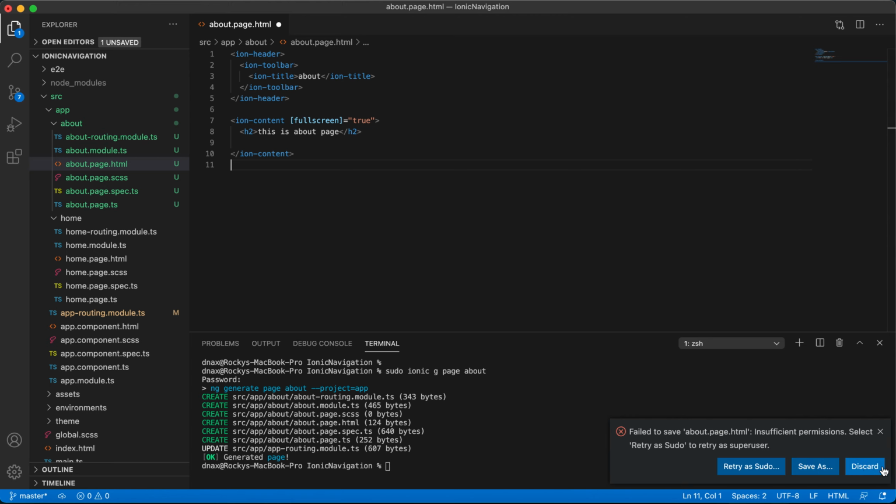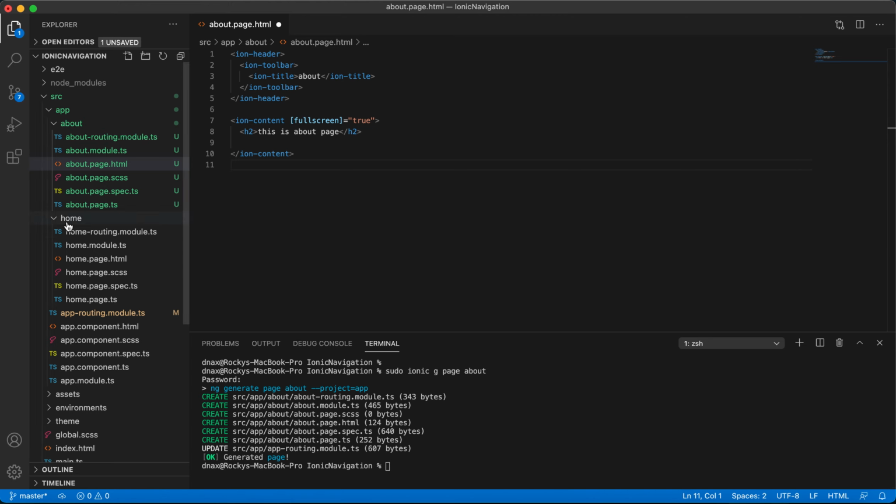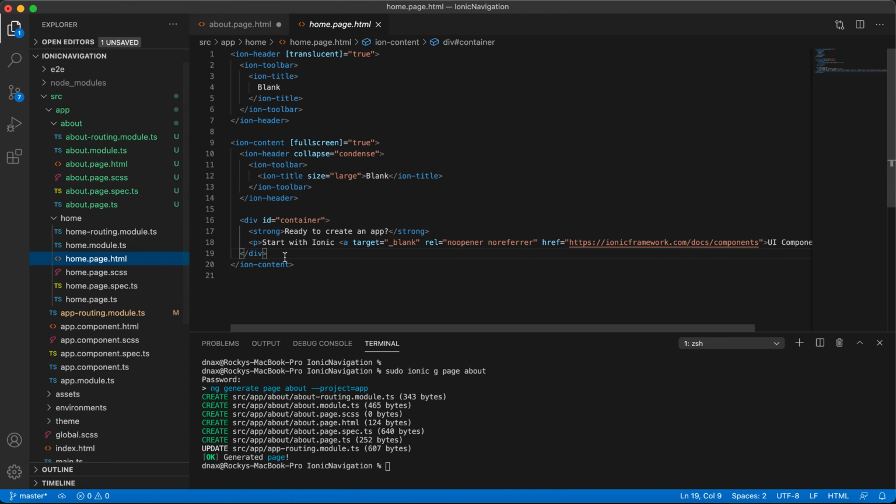Now we have to go to home, and here we will create a button, ready to navigate.